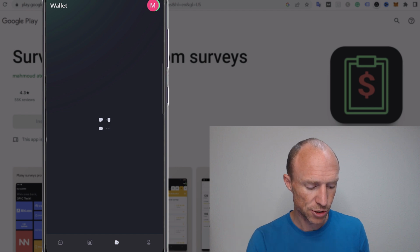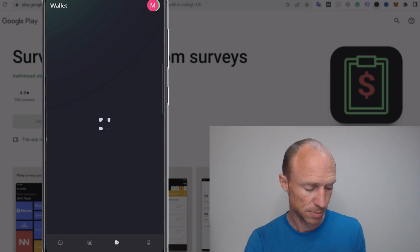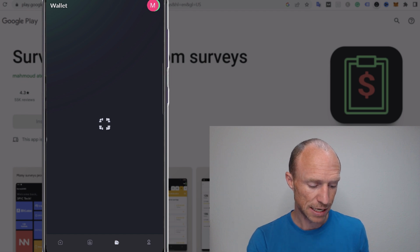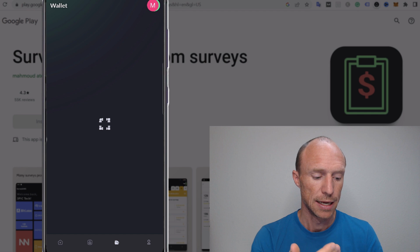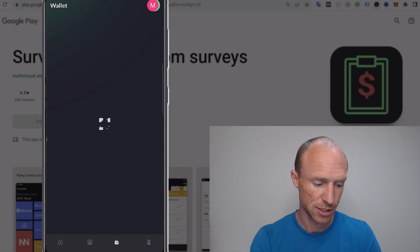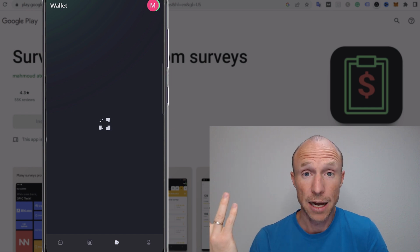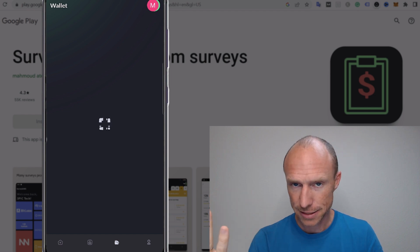And this is one issue I have with this app, that sometimes this wallet section loads fairly quickly. The other aspects of it in general load fairly quickly, but recently when I've tested it, it's just super slow here. And right now you can see I'm still just waiting, and that means it's a really slow process. Sometimes it doesn't even load, then I have to wait, and then later it loads. But right now, of course, when I'm recording, it doesn't want to show, but let's still talk about it, because